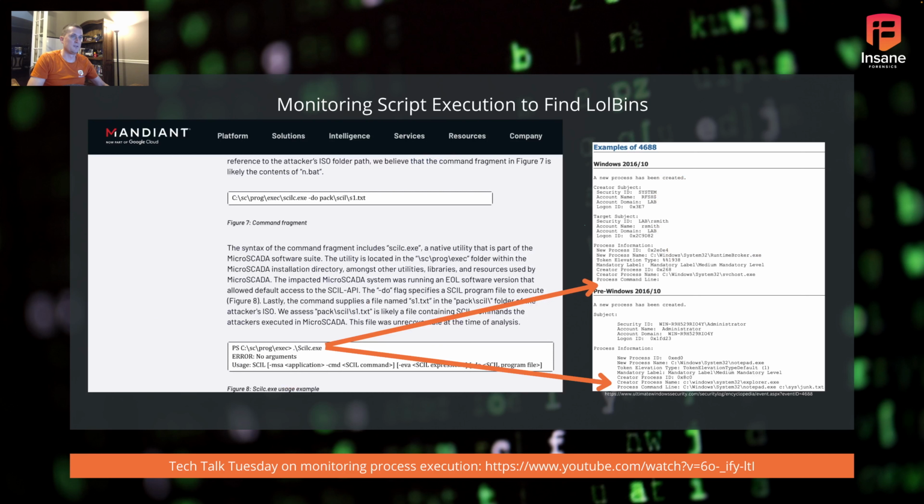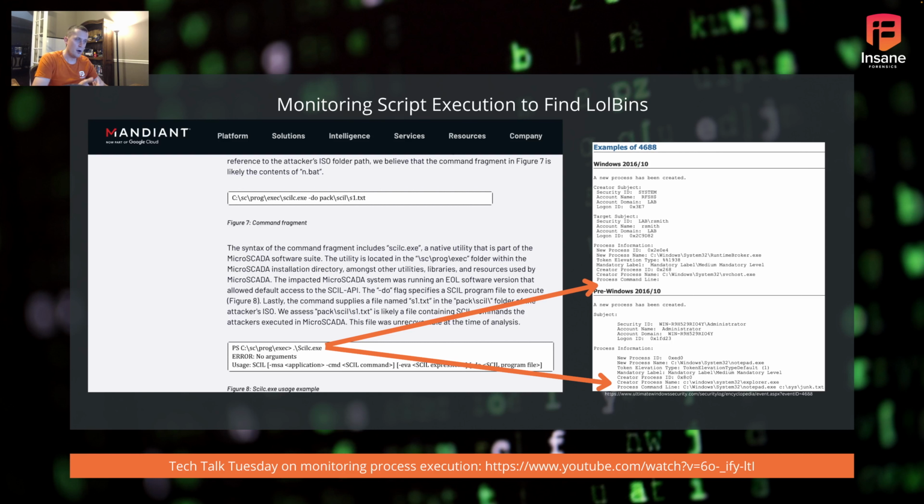We can monitor script execution to find even more. So here we have a PowerShell script. So same deal, right? You can look for this PowerShell calling that scilc.exe from there. If it's in PowerShell, it's also likely going to be in the PowerShell event logs in addition to the event logs related for process if you have that on. So even if you don't have your 4688s on, you might have PowerShell on if it was called the way that they're showing here in the Mandiant report, or it might be in some other area.